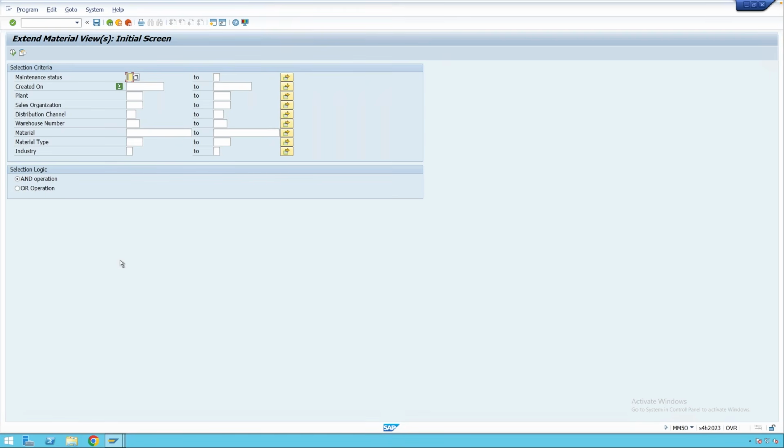Either you can go to MM01 and create the accounting 1 view, or you can go to this T code MM50, and from there you can extend that material with this new view. Okay, so let's see that. So what we'll do, let's first create a material code. So we'll go to MM01,